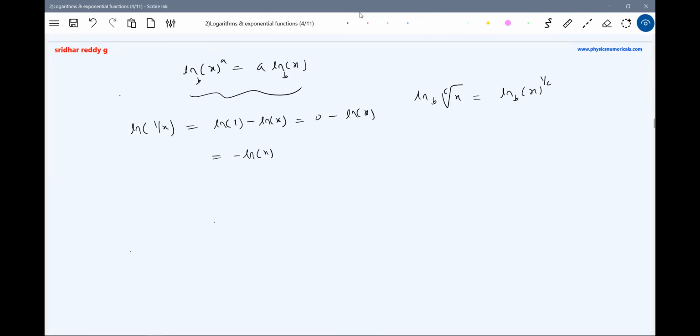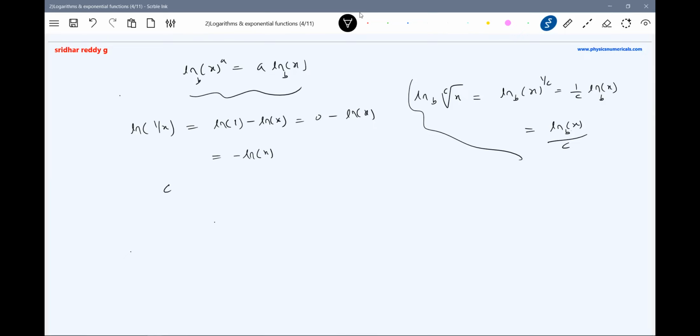It can be anything now. If c is 2, it will become the square root. If it is 3, it will become the cube root. If c equals 4, it will become the fourth root. Then further, this expansion will be log, or we'll write it as log x to the base b by c. All these are the identities which we will be using in logarithms.